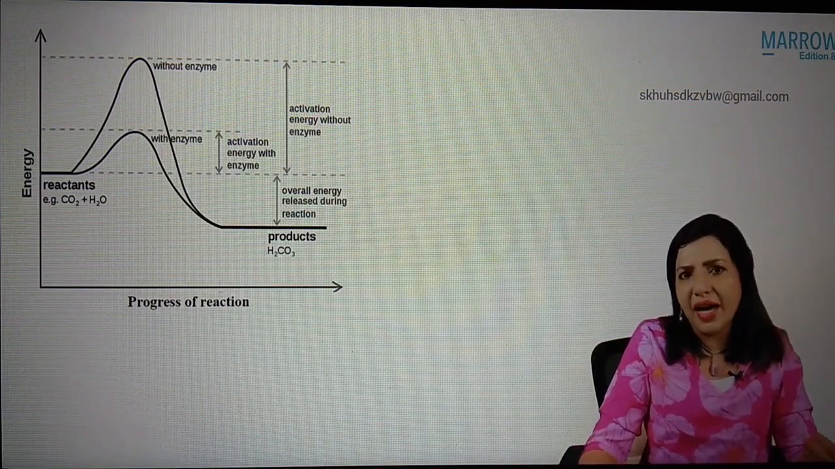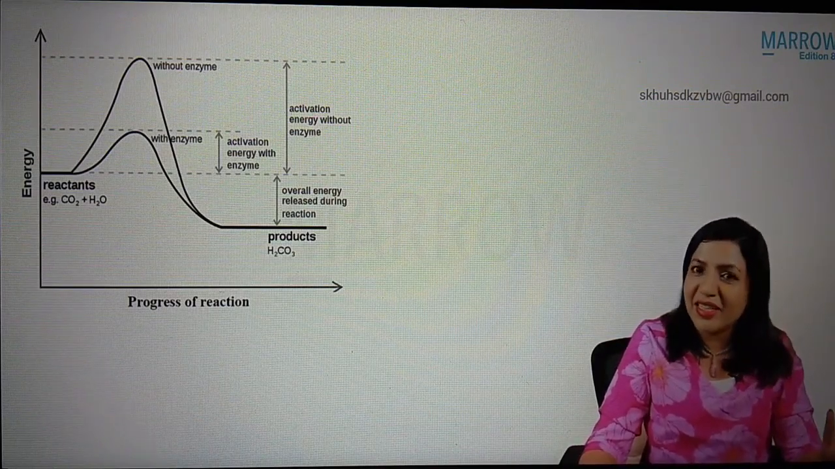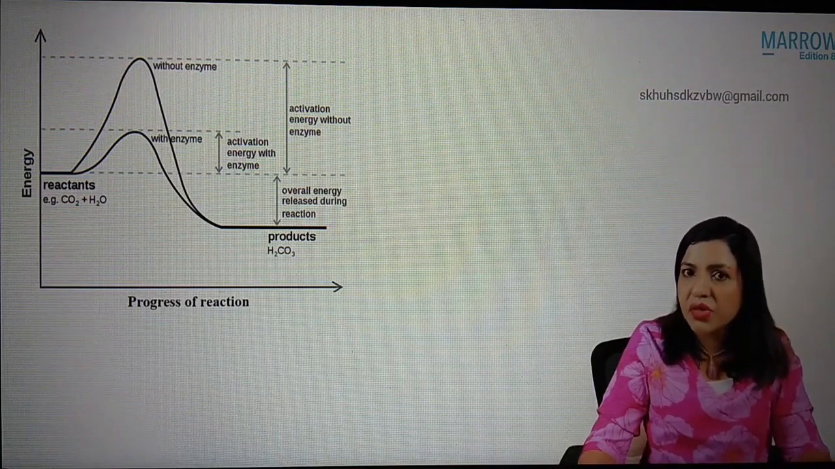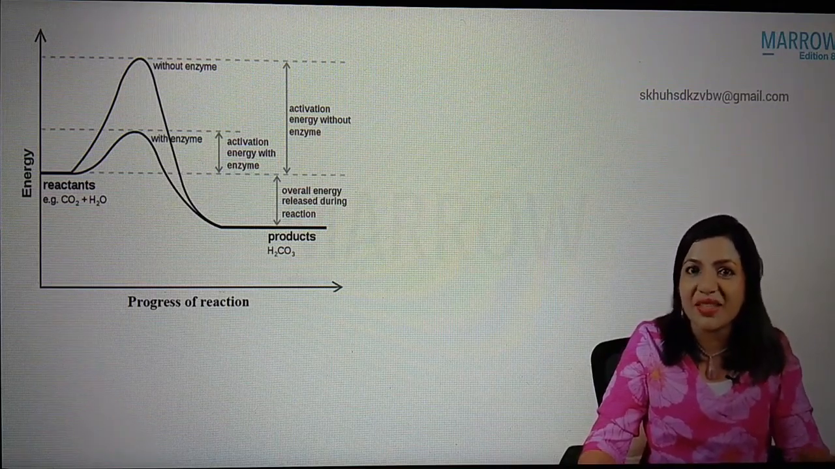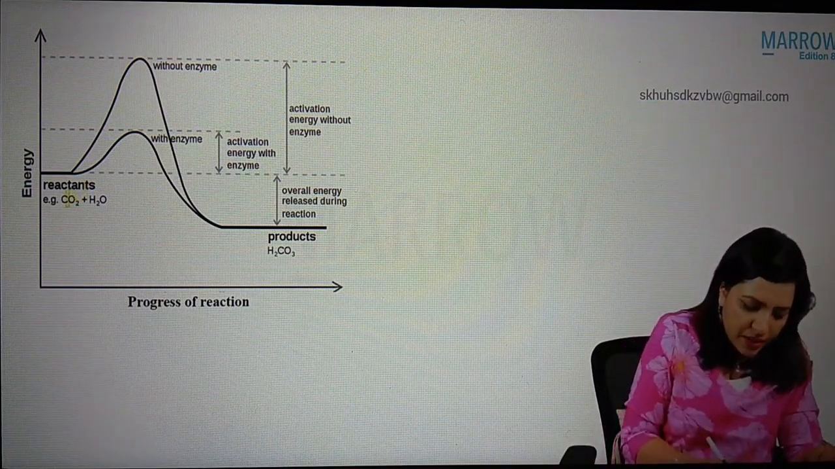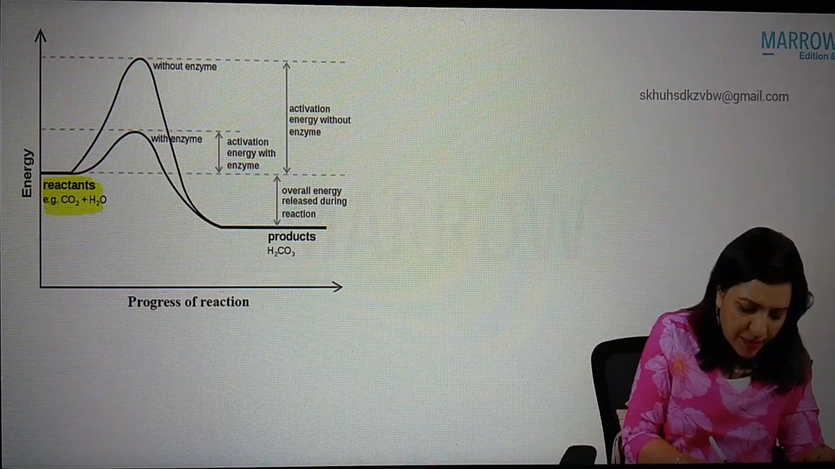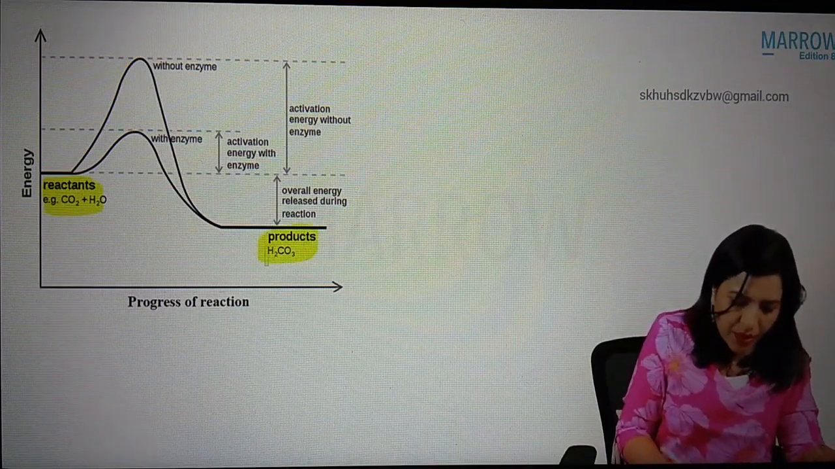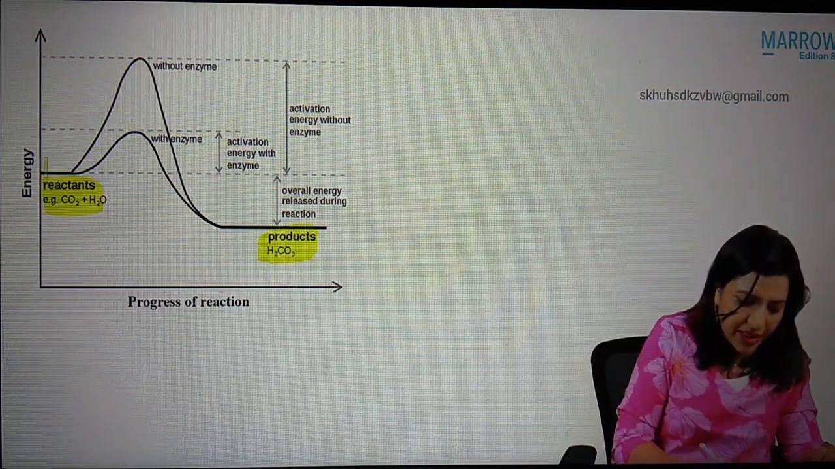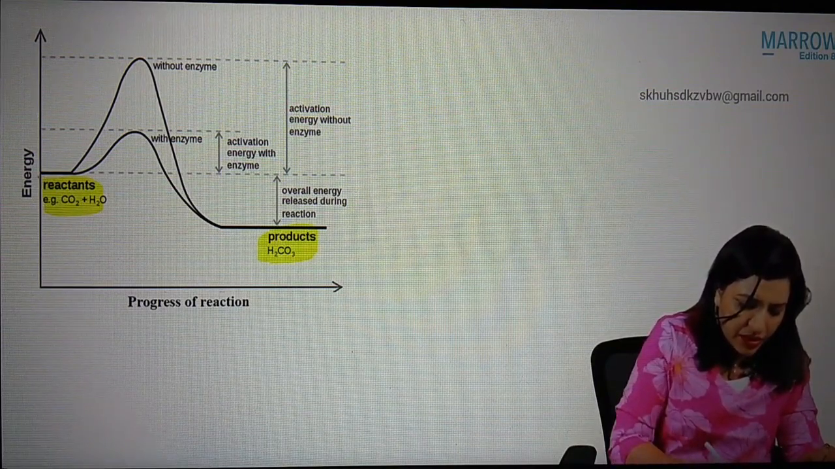Now, what is the action of an enzyme? What we have seen is an uncatalyzed reaction. Now what we are going to see is what happens if there is an enzyme. So what is shown here is the substrate here. This is the product. So in an uncatalyzed reaction, we have already seen that this is the free